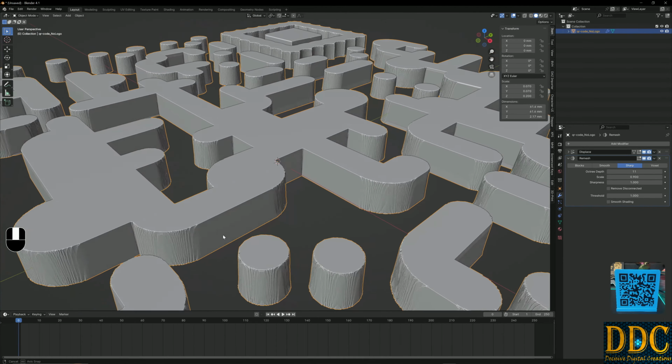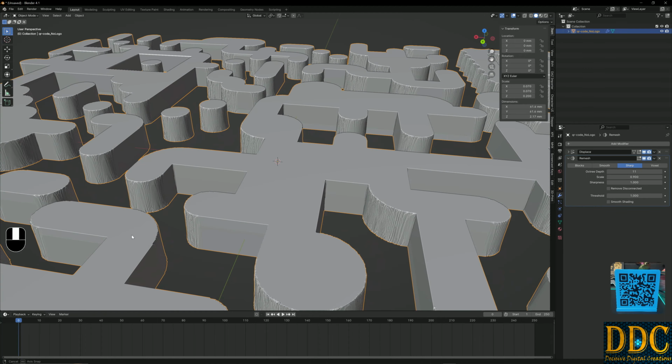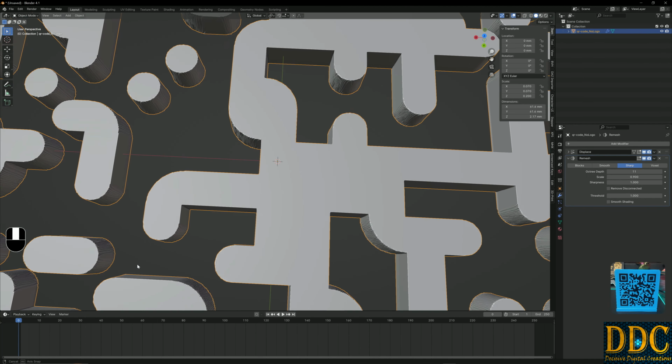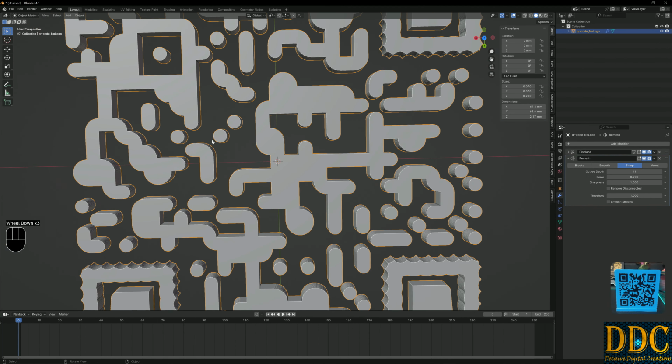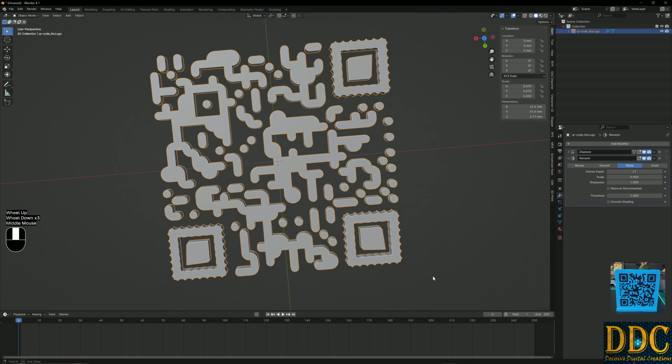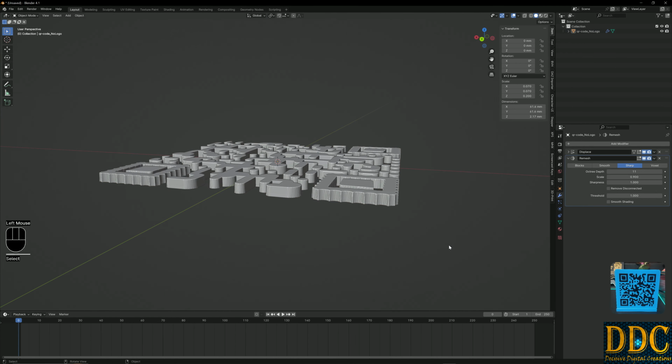So when we import this into the slicing program, it's going to slice real nice. Alright, so what I'm going to do here is I'm going to go ahead and apply these modifiers. And once you do this, it's done. You can't go back, you can't change it. So if you want to save the project here,